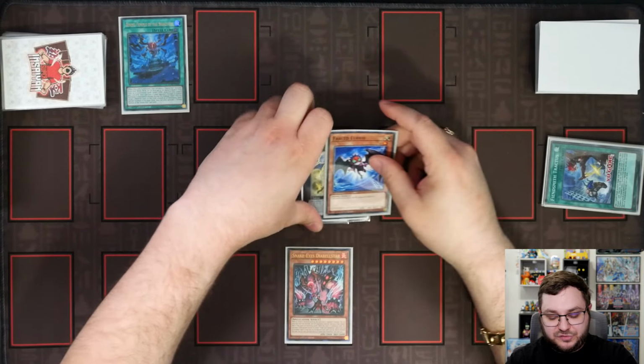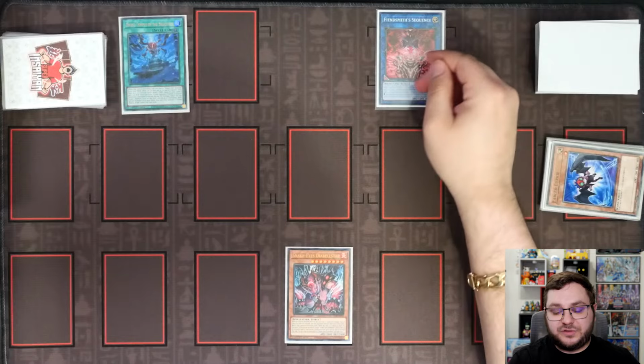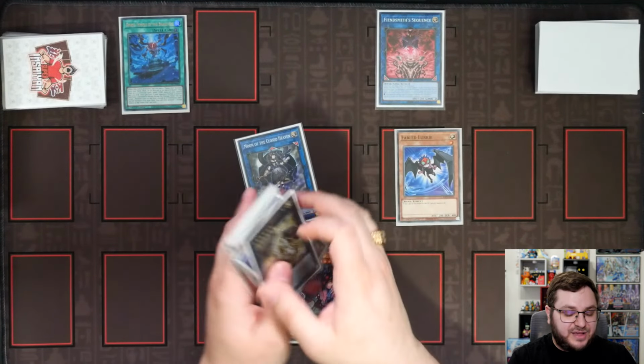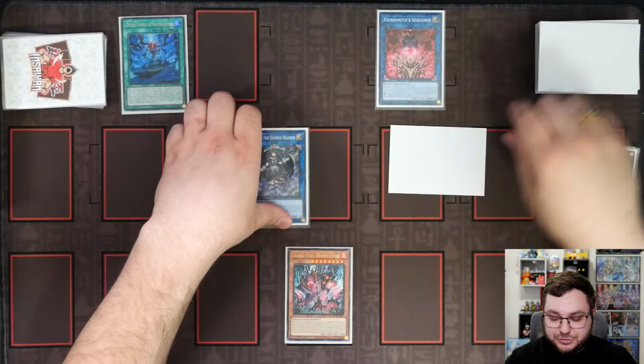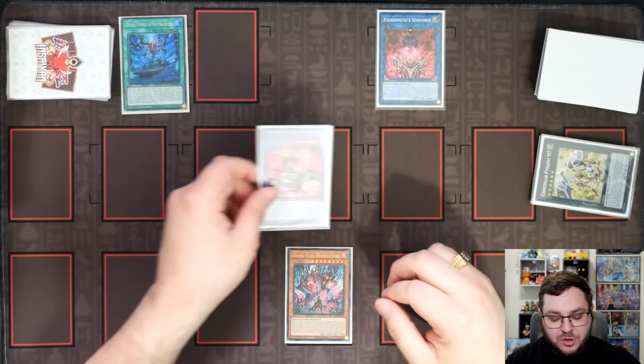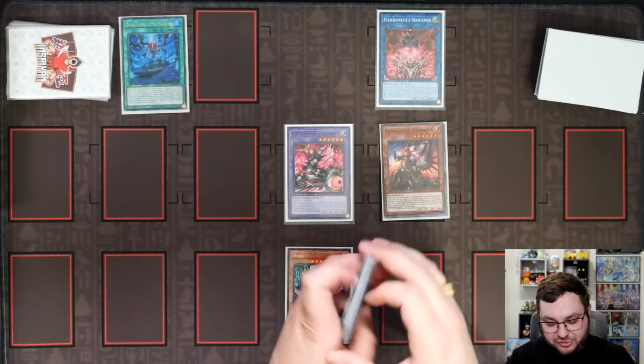Here we can use the Lurry and the M7 going into our copy of Sequence, and then Sequence will be able to shuffle back our Lurry as well as our Moon, giving us the material needed for the copy of Fiendsmith Lacrima. Summoning the Lacrima will allow us to use its effect, giving us back the option to summon our